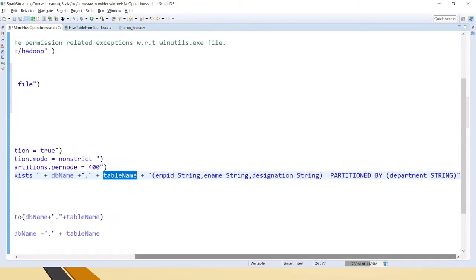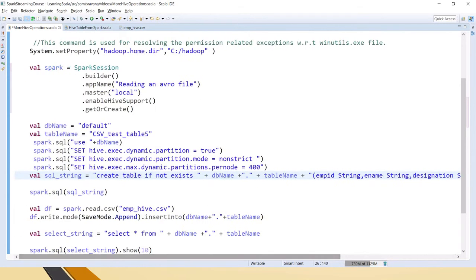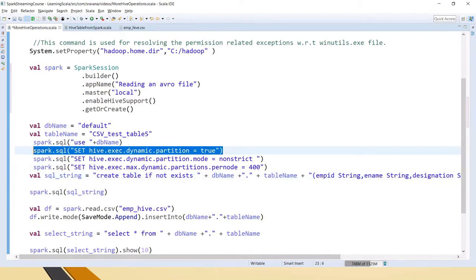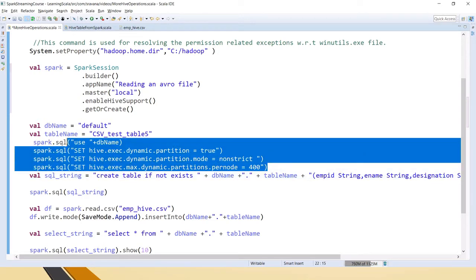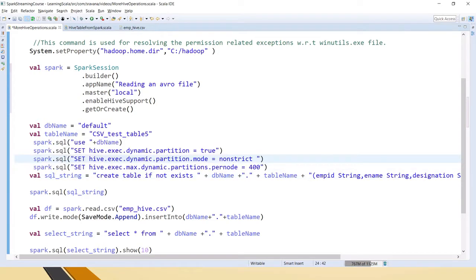So here we have used partitioned by, right? So for that, by default partitioning will be false in the cluster. So you have to have these settings just before calling this when you are creating a table by using the partition by columns. If you are not mentioning the partition, then these settings are not required. Okay, and also if in your production environment or in your real-time environment you have already set up the things, then no need to send it programmatically.